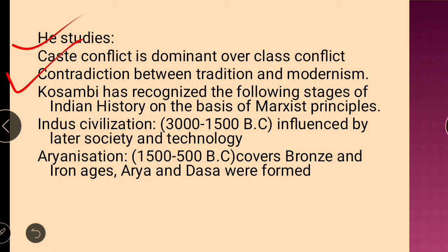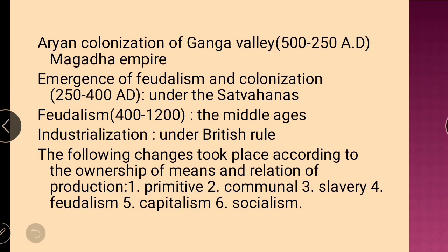So, let's understand his broad outline of three stages and how Marxist principles can be applied to Indian history in his book An Introduction to Indian History. These are a few stages that he recognized while studying Indian history on the basis of Marxist principles. The first one is the Indus civilization. He basically said that the Indus civilization is influenced by later society and technology. After it came Aryanization, which is basically the age of bronze and iron. The next important stage of Indian society is the Magadhan Empire, which